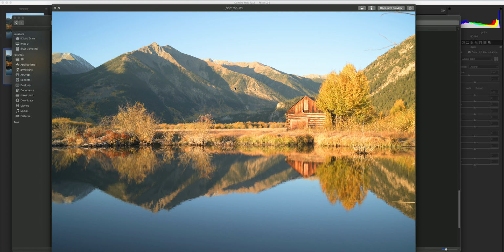I cannot do a lot of editing to this JPEG because that data is lost and it has been baked into the image. Kind of like baking a cake, you can't take the ingredients back out once you've baked it. Whereas RAW, it's kind of like I have those raw ingredients. And what we're going to do is open these up both in Adobe Camera Raw,